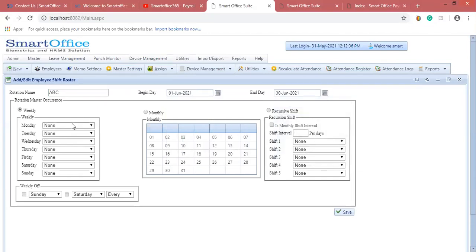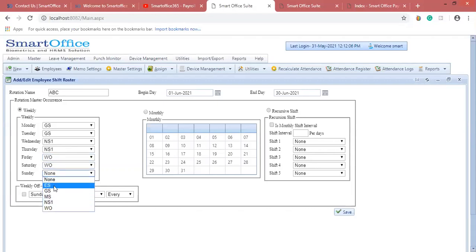One day alternate shift: this day general shift, next day night shift, general shift, night shift. This shift cycle is going to repeat. At that time I'll select 2 days general shift, 2 days night shift or morning shift, and 2 days week off.